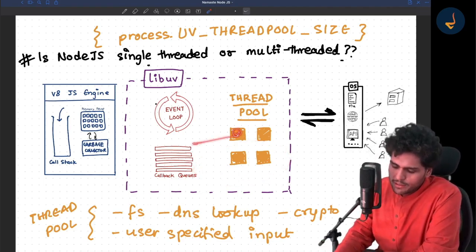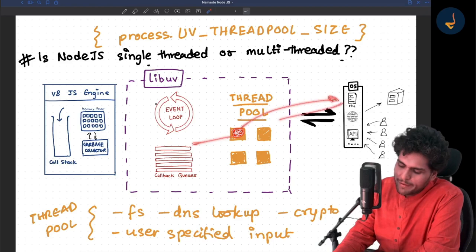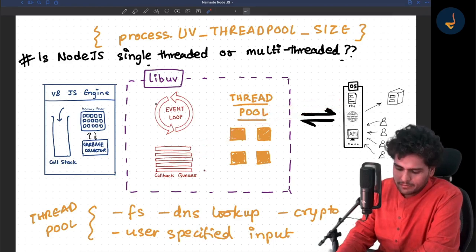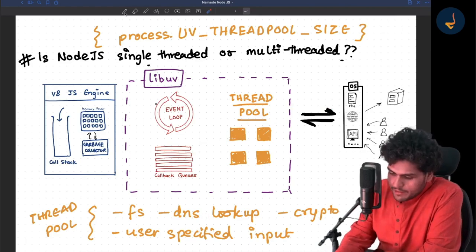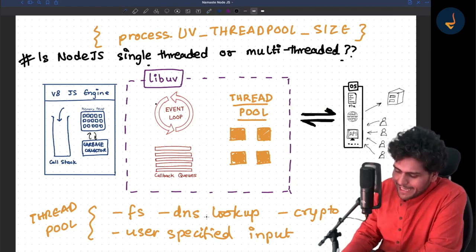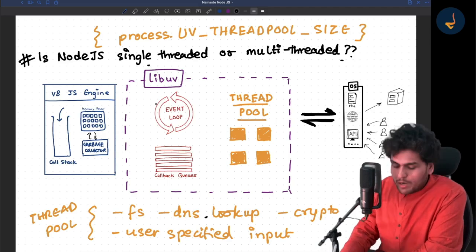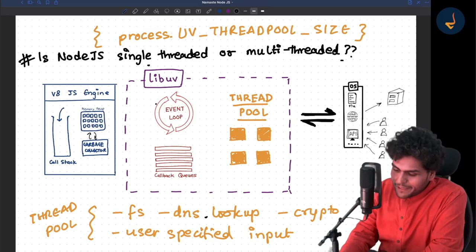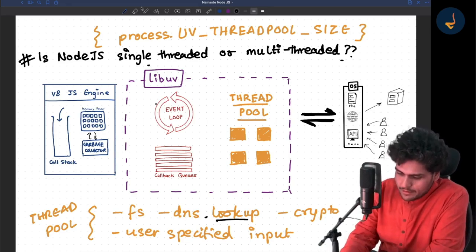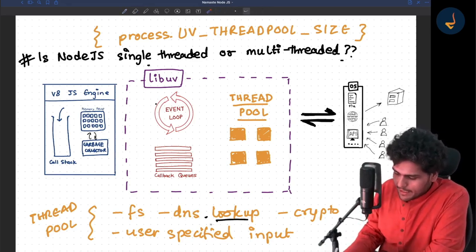It goes to the thread pool, the thread pool makes a file call, and gets back again. Got it? For DNS.lookup, there is a module known as DNS. In the DNS module, not for the other functions, but specifically for the lookup function, this DNS.lookup, so basically